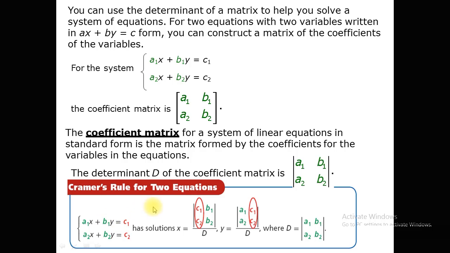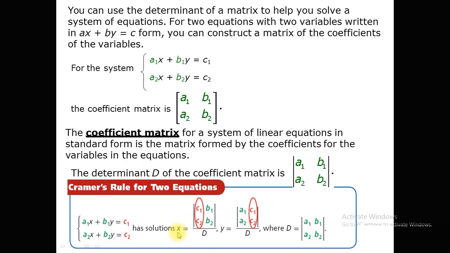first of all find a new determinant, suppose called Dx, and Dx is obtained by replacing the x coefficients in the first column of the matrix D with the constants from the right hand side of the equations. So replacing the coefficients from the first column by the constants of the right hand side. So from this matrix D, this is the coefficient matrix of the system.